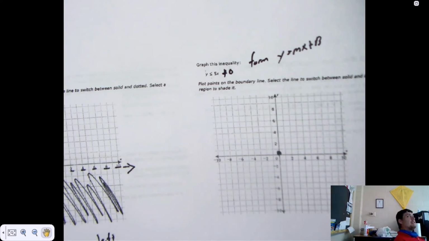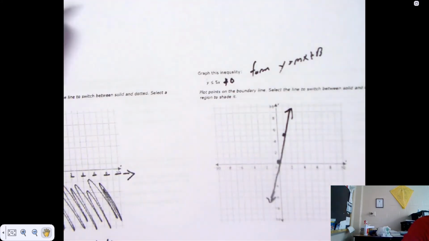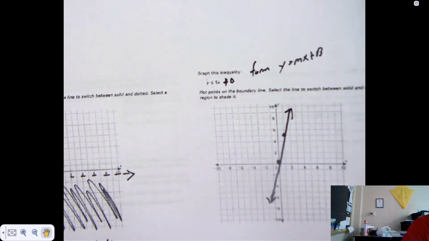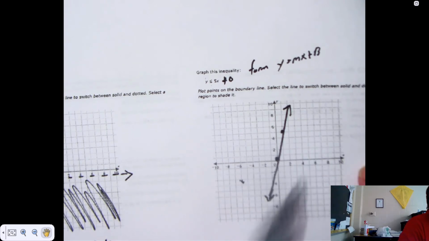Oh, we've got to graph it first. After I plot that point at the origin, what do I do? Over 1. Rise 5, run 1. Solid or dashed? Solid. There's an equal sign. And that is a less than symbol. Now, I said that generally means left or below, but if you shade left, are you below? It isn't a shade left. I probably should have said below or left because it's actually the above and below that have precedence. You're just shading right, isn't it? Yeah, you're shading right